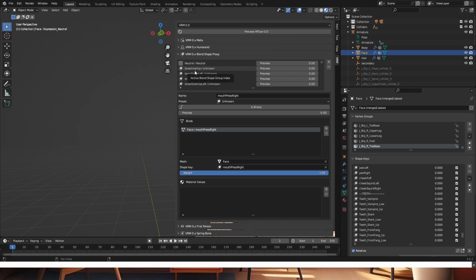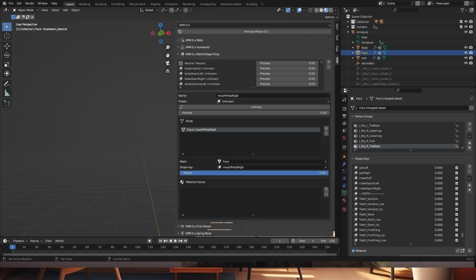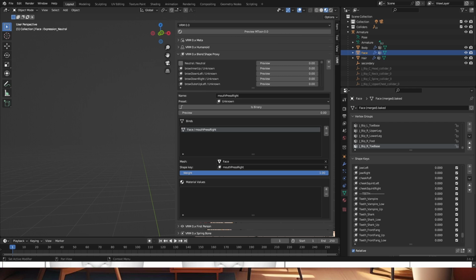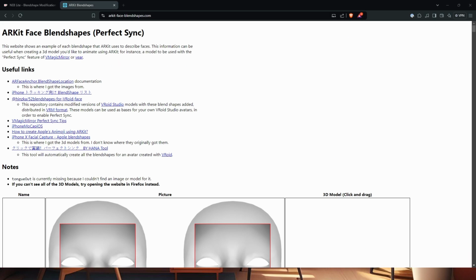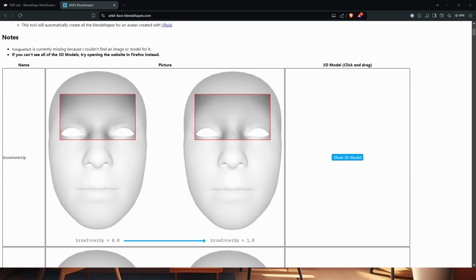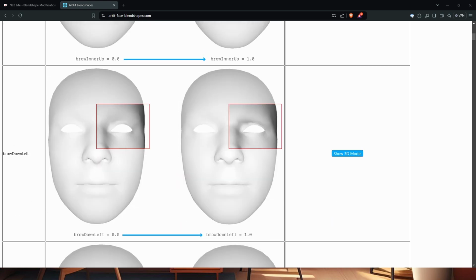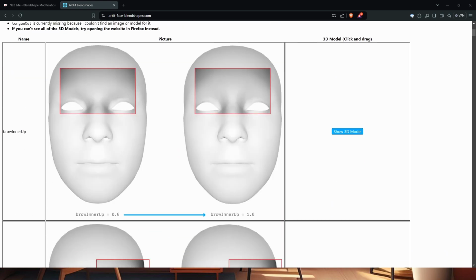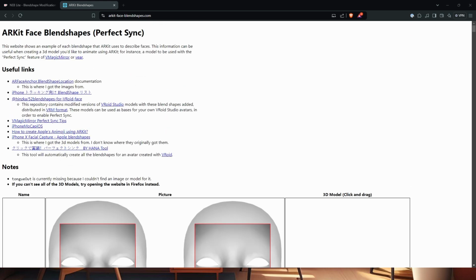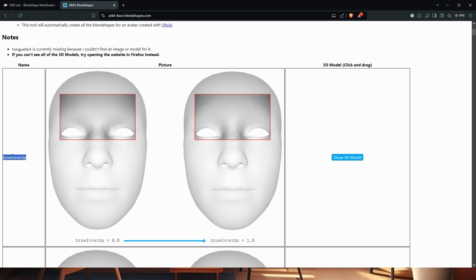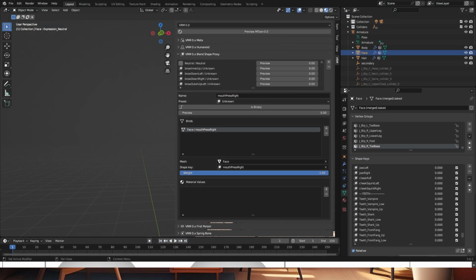That's my personal preference. Next thing you need to do is, my advice is, there is a link that I'm going to show you right now so that you can understand what you need to do. I'm going to link it in the description because this is very, very important. As you can see, this is ARKit face blend shapes. This is what is required to get them to work in Mikoverse. There's a lot of them. Luckily, the mod that we've just imported has all these blend shapes encased, but you need to do the proxies properly to get them to actually function. So this list, all you need to do is copy the first one. That's simple. And then we go back to Blender,